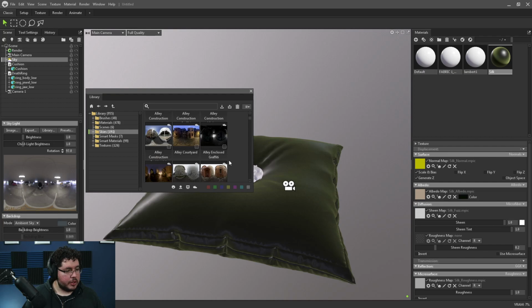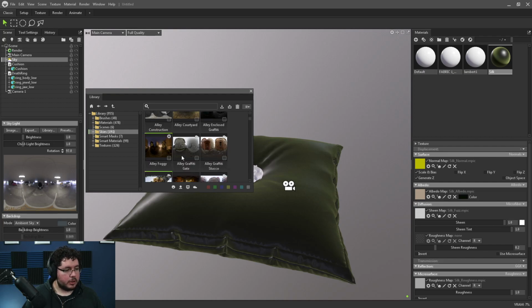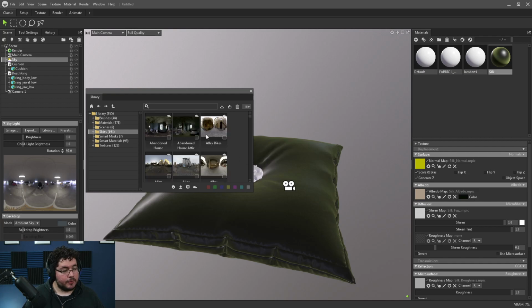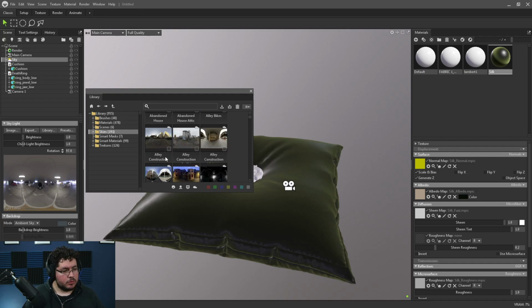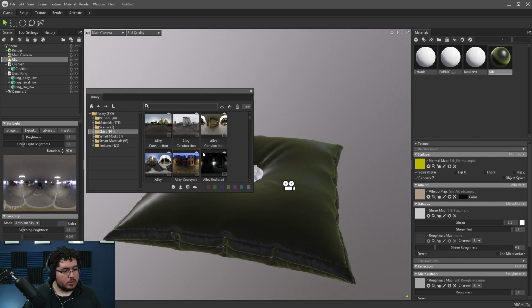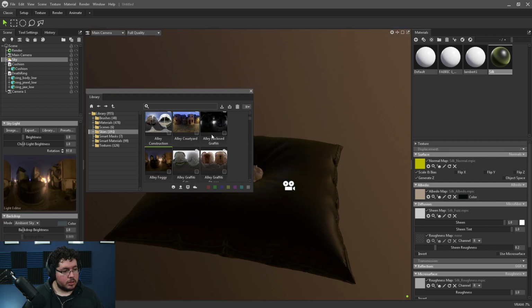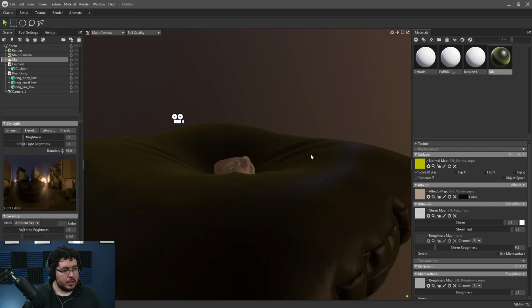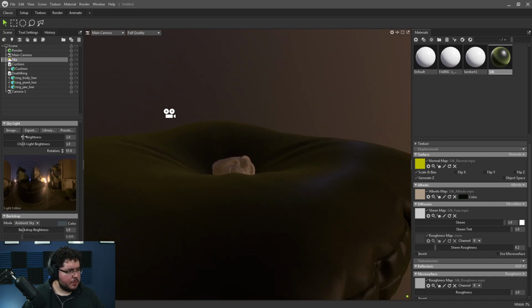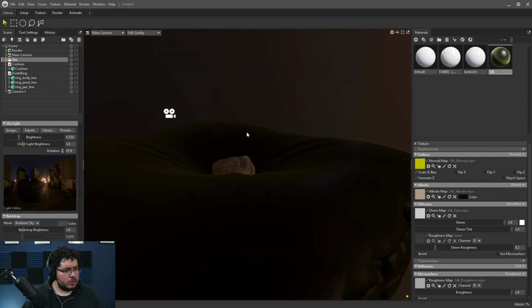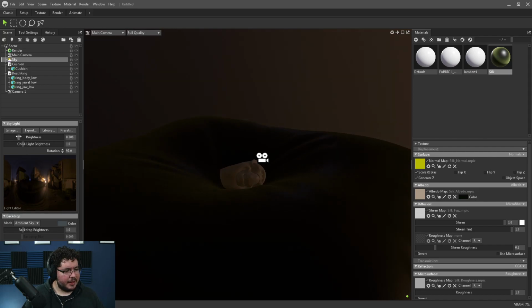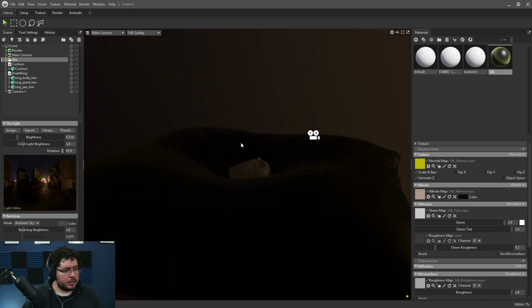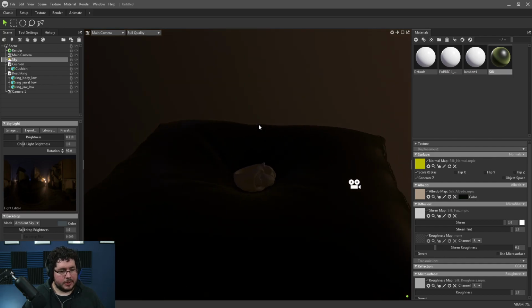And usually something dark I think would be nice, like this alley foggy. That one looks great. So let's just double click to download. And just, where is it? And just double click. There we go. So that's a lot better. I like the dark. I might bring the brightness just a little bit down. Maybe a little bit more, because I want this to be a very dim lit